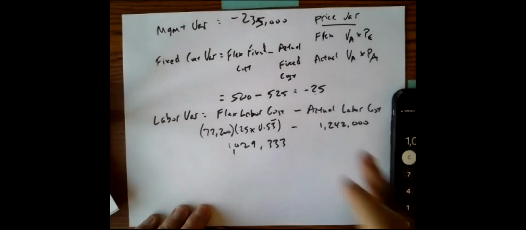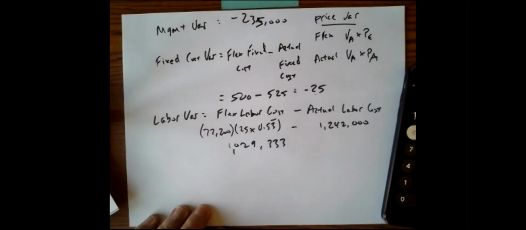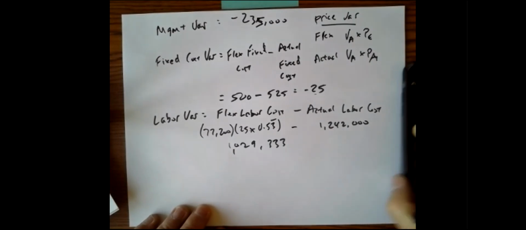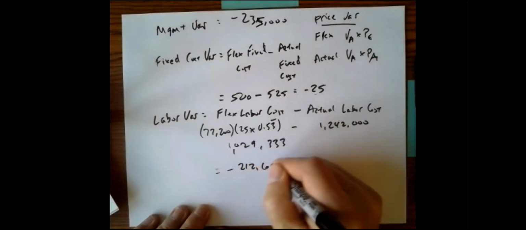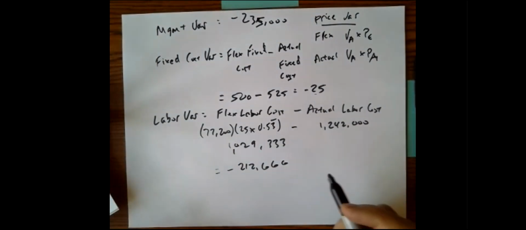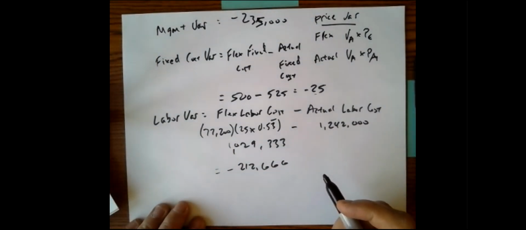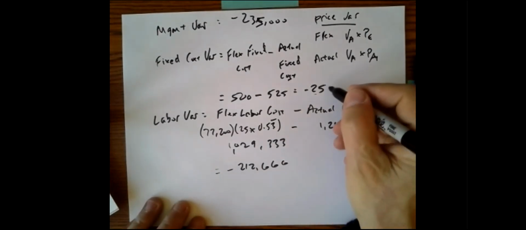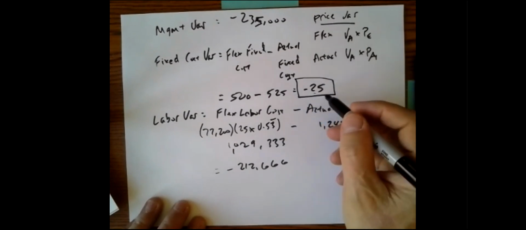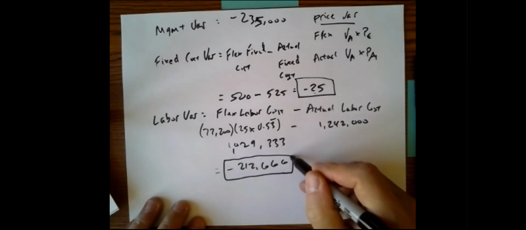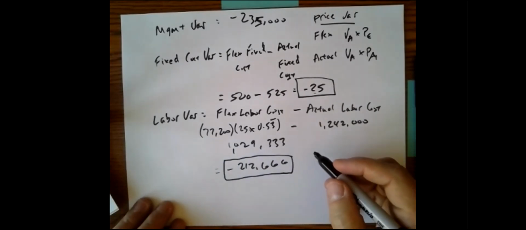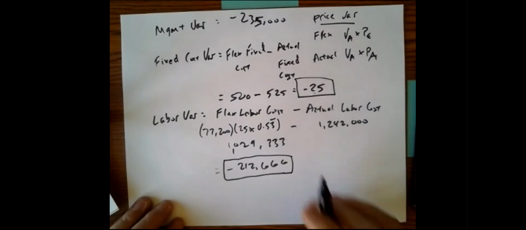So subtracting 1,242,000 from 1,029,333, we get negative 212,667, if you will. Okay, so so far we've gotten negative 25,000 for fixed cost, negative 212,000 for labor cost, and now the last one is supplies variance,